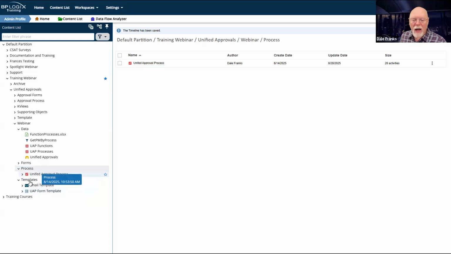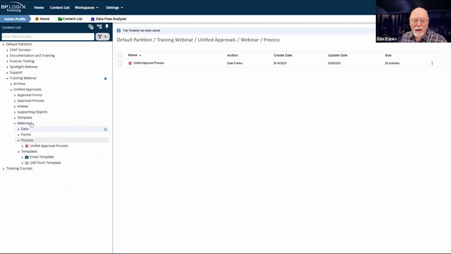Now, because I am in this subfolder of my webinar folder, let's take a look. Here's the webinar folder, and I have these subfolders, and my template is in this templates subfolder, my process in the process subfolder. So they are sister folders or sibling folders, I think is the preferred term. I have a forms folder, which again is another sibling folder, into which I am going to import a copy of my template.